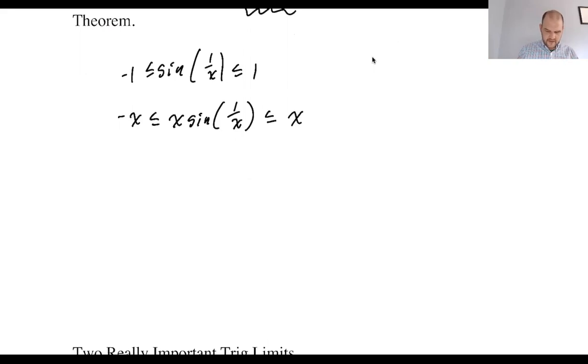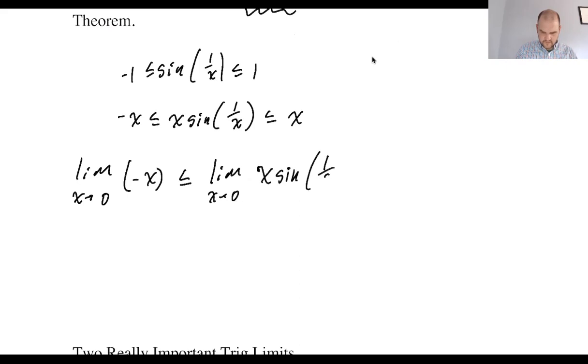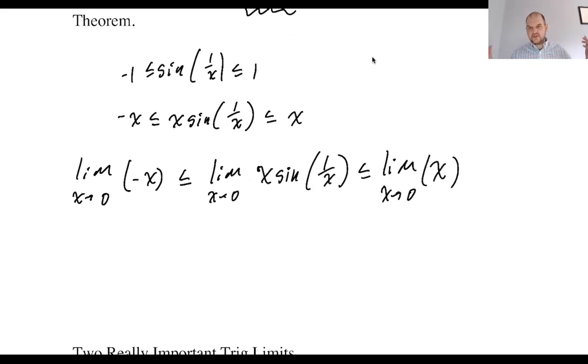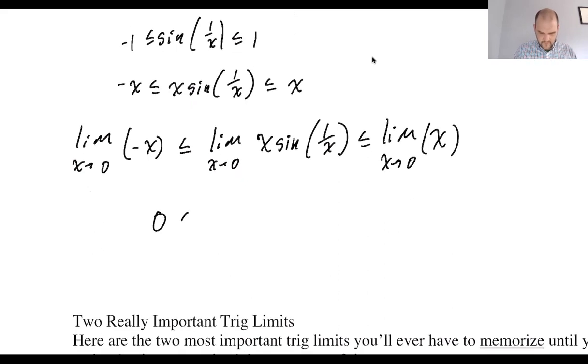I do know that the limit. So if I take limits now, because this inequality holds, this limit is less than or equal to this limit, which is x sine 1 over x, which is less than or equal to this limit. And I guess I'll put that in parentheses because everything's going in parentheses. Okay, so on the left-hand side, that limit is definitely 0. So this is 0, less than or equal to this limit. We don't actually know yet,